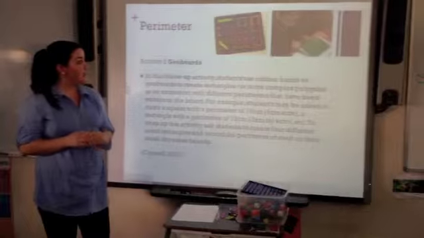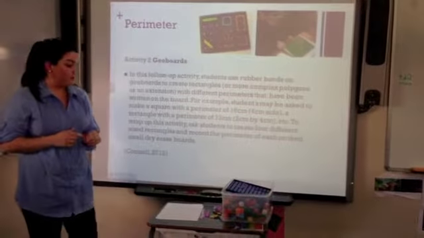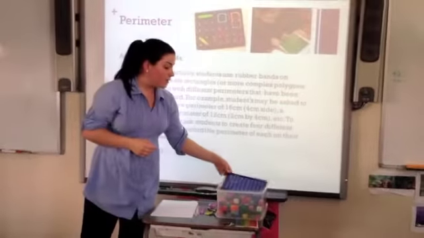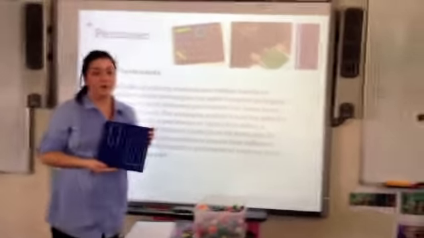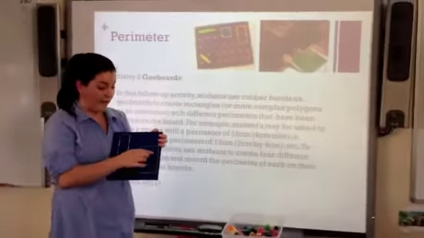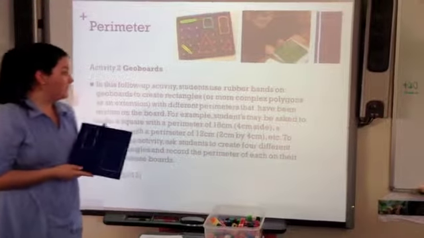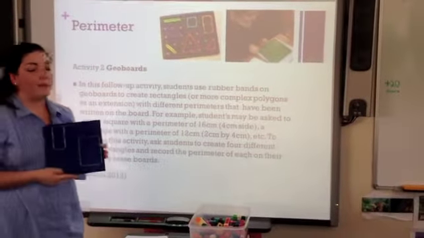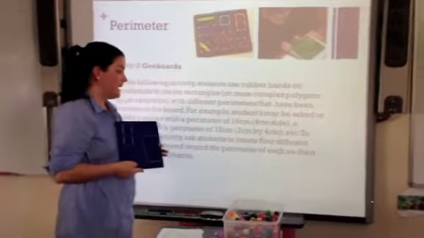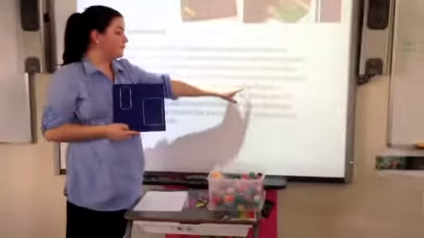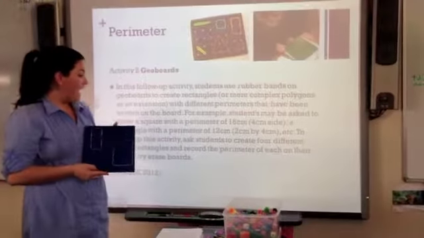The next activity I will be using is geoboards. These are also a great activity for students to start to see not only perimeter but area as well. However, for this activity I'll be writing up on the board a list of measurements. So for example, students will need to make a square which is 4 by 4 centimetres,